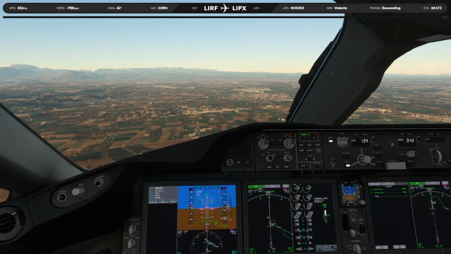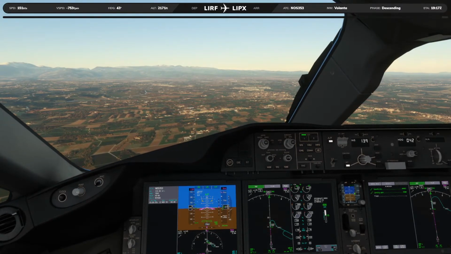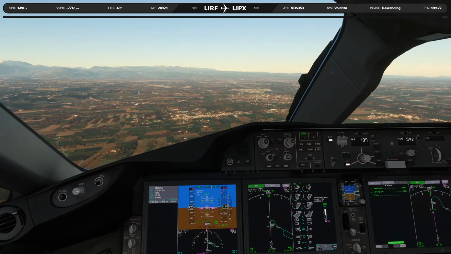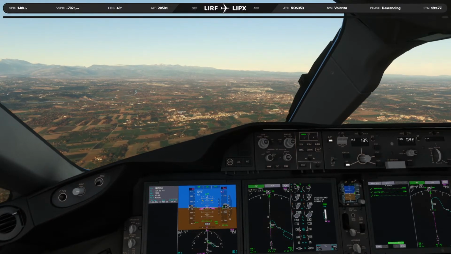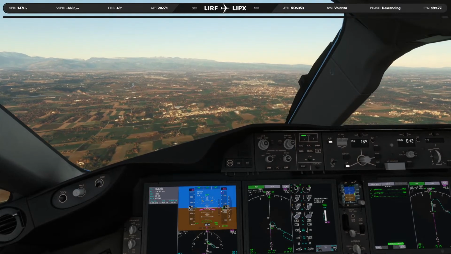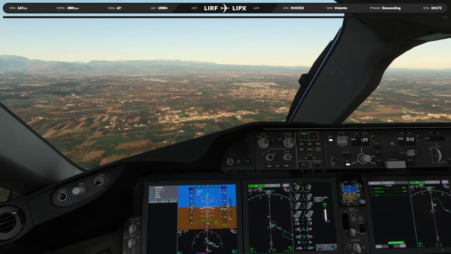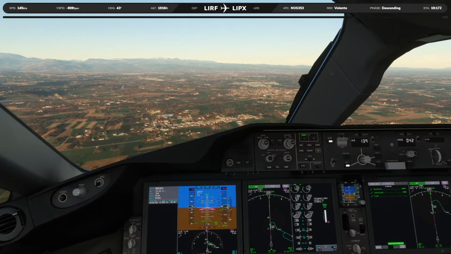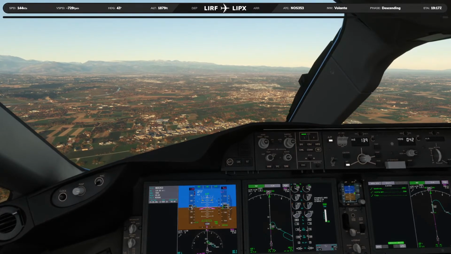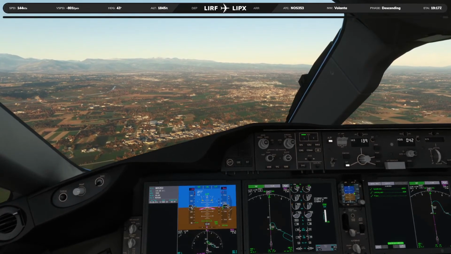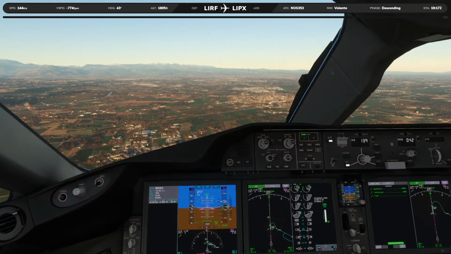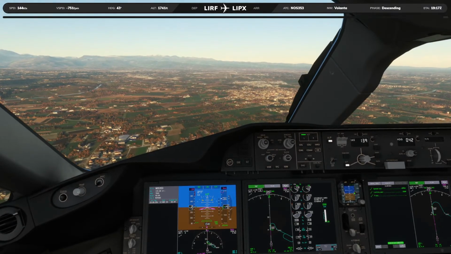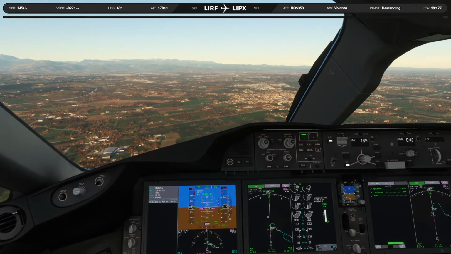We can always do a replay. Speed check. And we're going to go to flaps 30. And the landing checklist is complete. We are clear to land. Just lovely. What a beautiful approach into Verona.